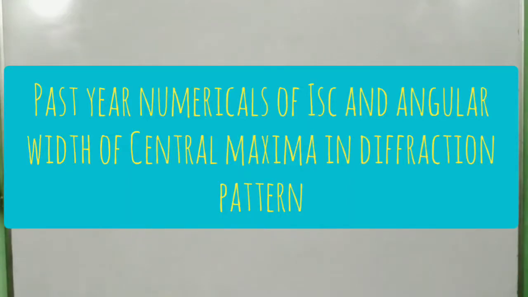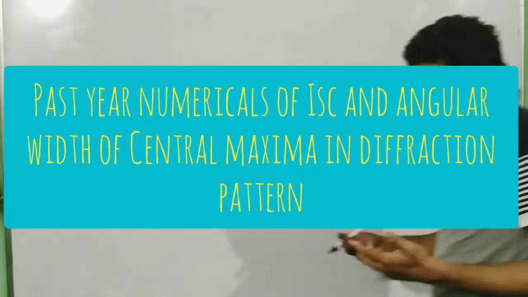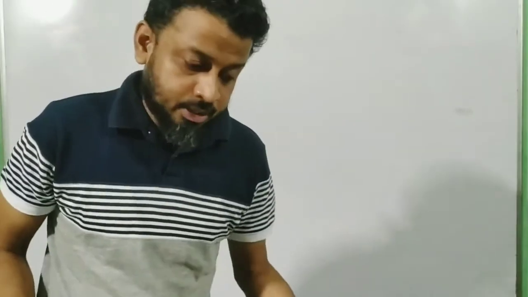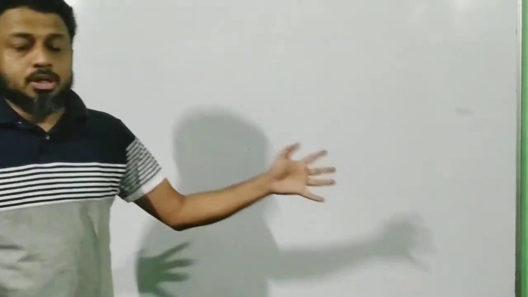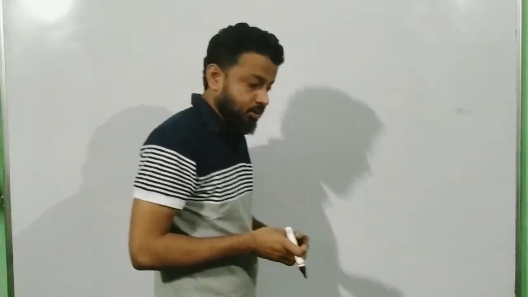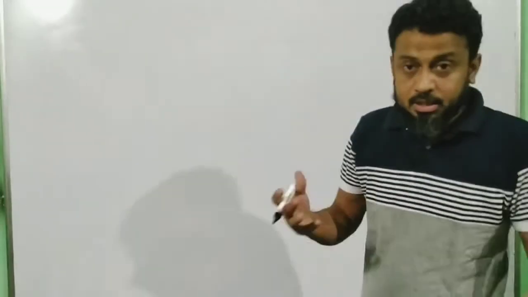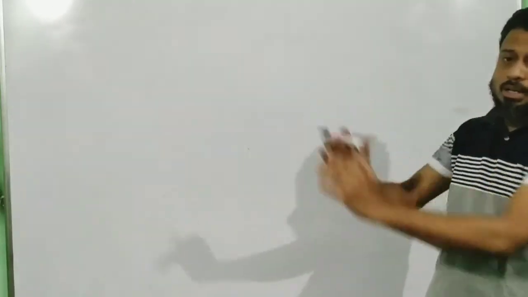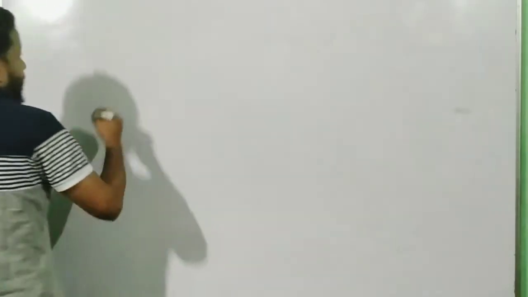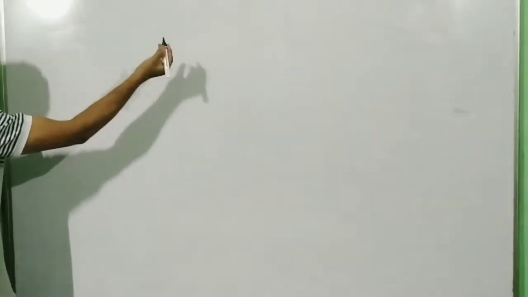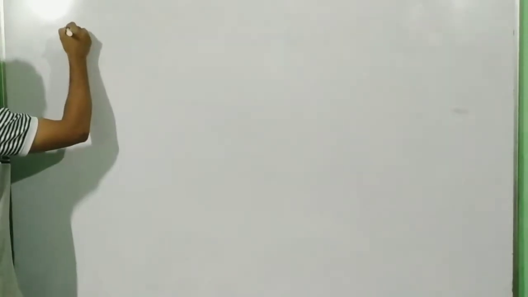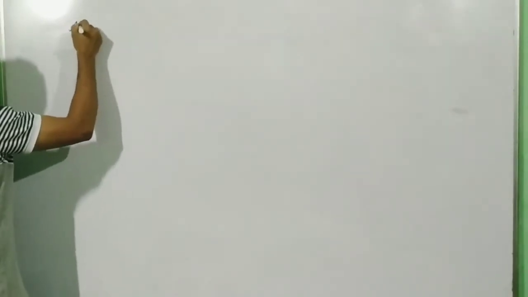Hello students, today we are going to discuss a concept from where the numericals are asked in diffraction pattern. So we have understood the theory. There are some theory questions sometimes, and sometimes they ask questions based on numericals. But there is only one area where they focus the numericals, and that is what we are going to discuss today. The heading for today's class, so that we can understand the entire concept and the numerical, is the concept of angular width.